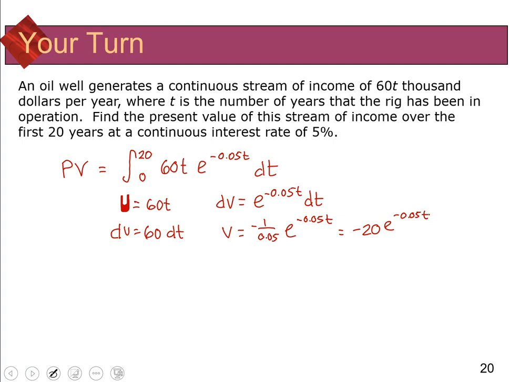So now when I use my integration by parts formula, I'm going to have 60t times negative 20e, so I'm going to have negative 120 t e to the negative 0.05 t, minus the integral of v times du. So I'm going to have 60 times negative 20, which is going to give me positive 1200. Well, it's going to be a negative 1200, but I'm going to put a plus out there. e to the negative 0.05